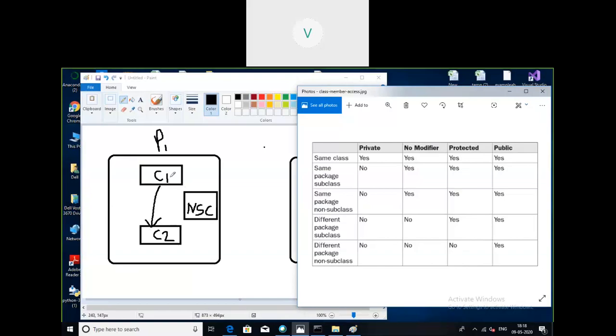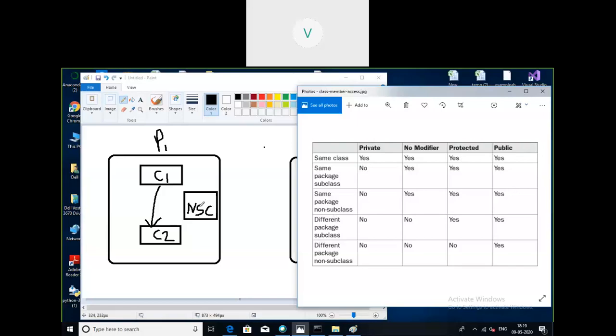So then what members of C1 can it access? Can it access private members? No. NSC cannot access private members of C1. Next, default members. NSC can access default members of C1. It can access protected members of C1. Yes. Public members. Yes.